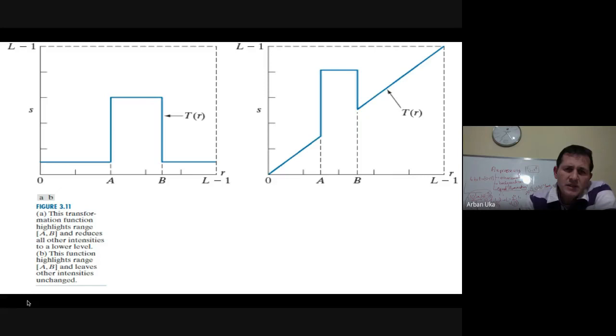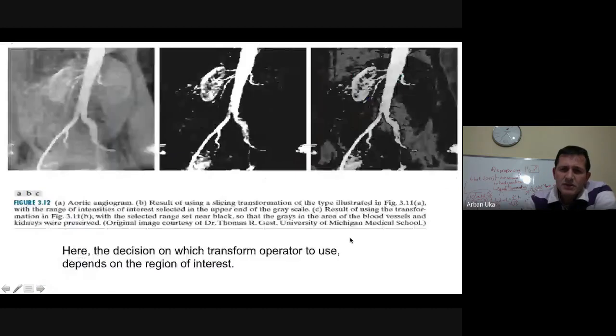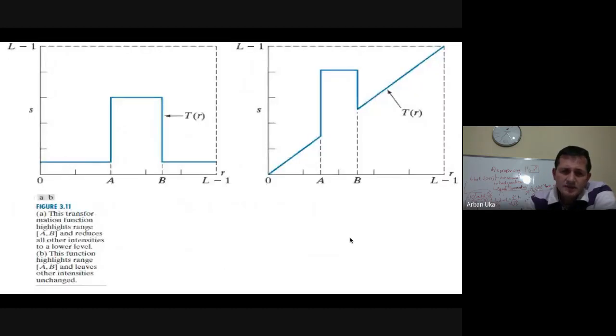So we're applying some window function or some threshold function, and all the values from A to B are shown much higher. In principle, the image which can be seen on the left side is like a binary representation of the pixel intensities that we may have. What we are doing is that anything brighter than some threshold, meaning higher than A and smaller than some B, is projected into some specific pixel value. A similar transformation is done on the image on the left side, and what it does is highlight the range between A and B and leave all the other intensities unchanged.